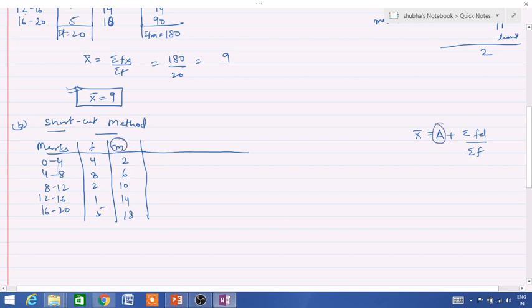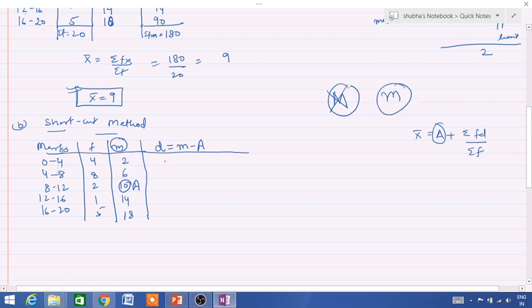You can select any number as a. Any number from these mid values. Say suppose I have taken a as 10. And with the help of this a and mid values we will find deviation m minus a. Mind it, m should be written small, not capital, because capital M is denoted for median. So mid value is always denoted by small m.